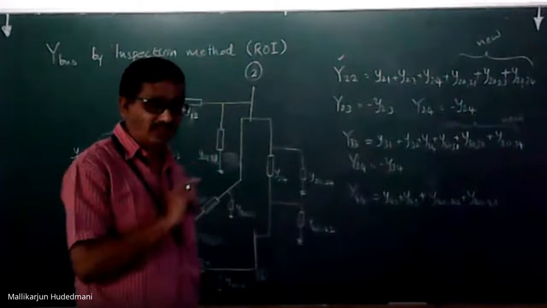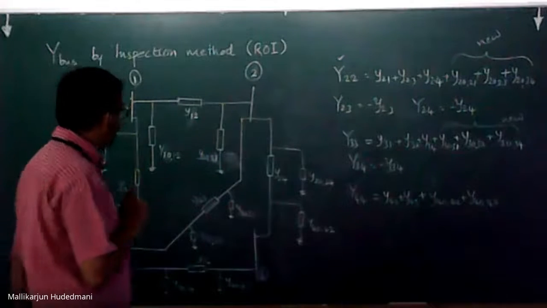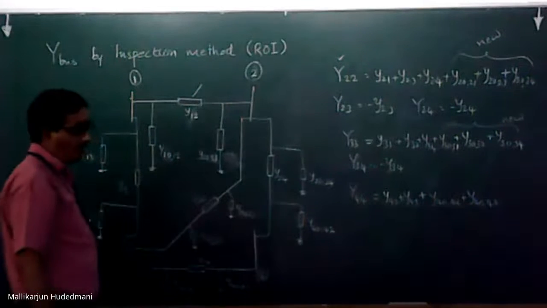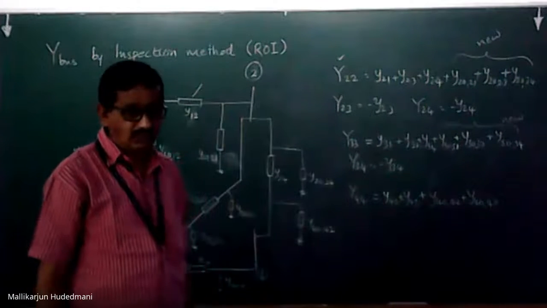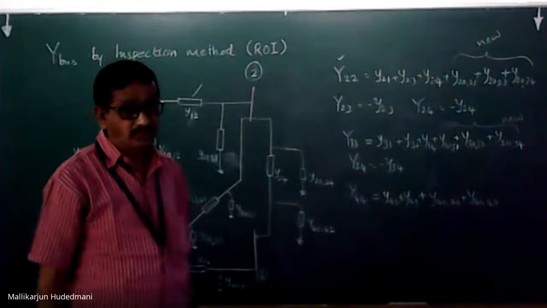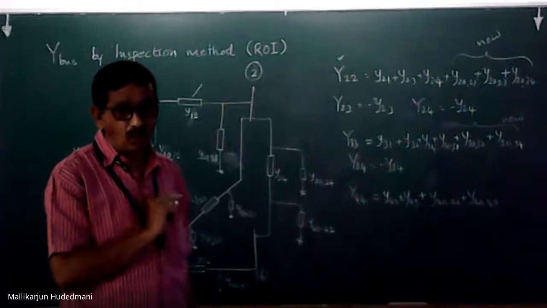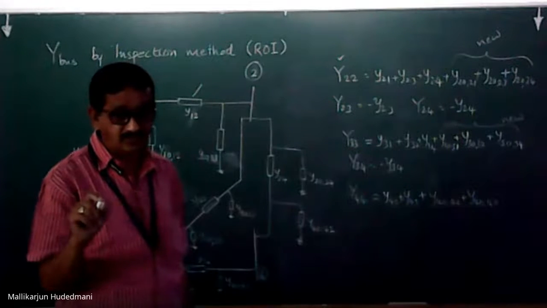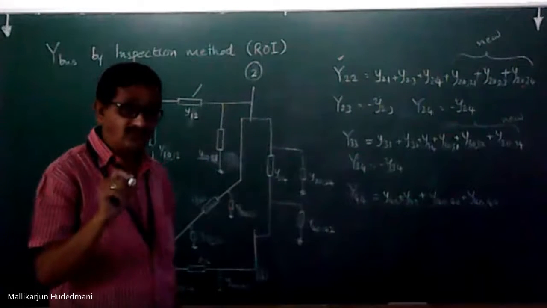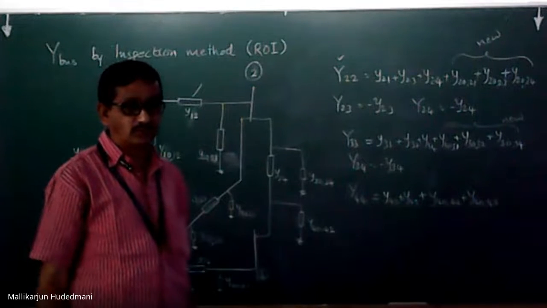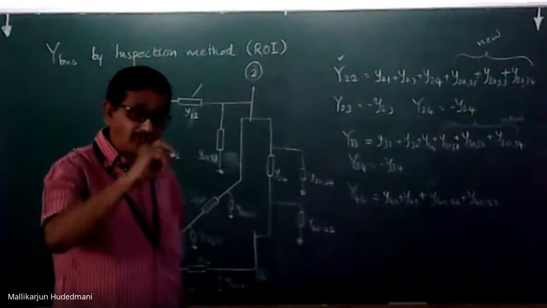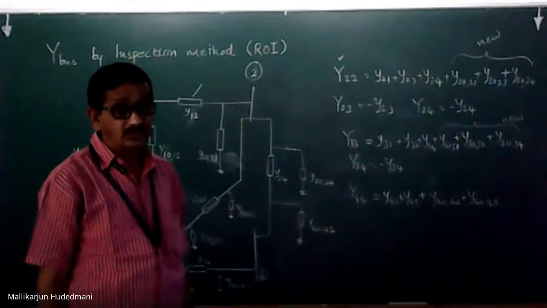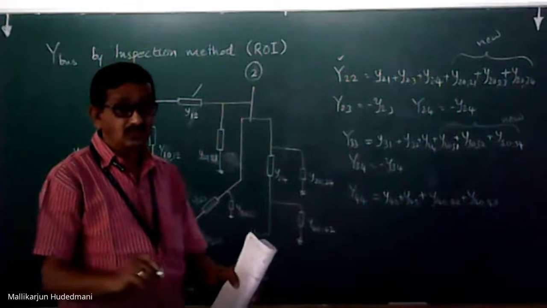Before that, let us take one more approach. The elemental data which I have represented here, y12, how do I represent it? It is called a primitive element. What is a primitive element? How is a primitive element represented in the form of impedance, in the form of admittance? How is a primitive element generalized as an observation? And how that primitive element knowledge is used to obtain Y bus by the singular transformation method is to be discussed